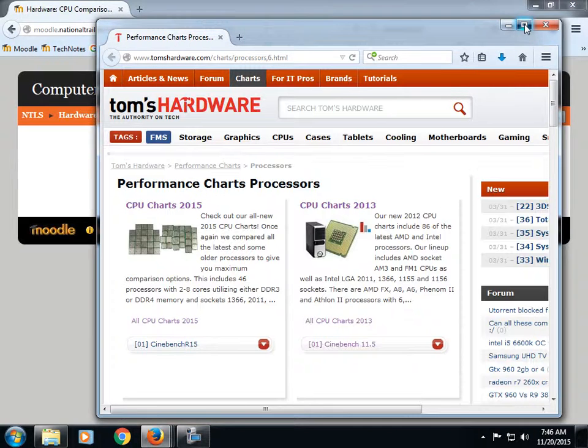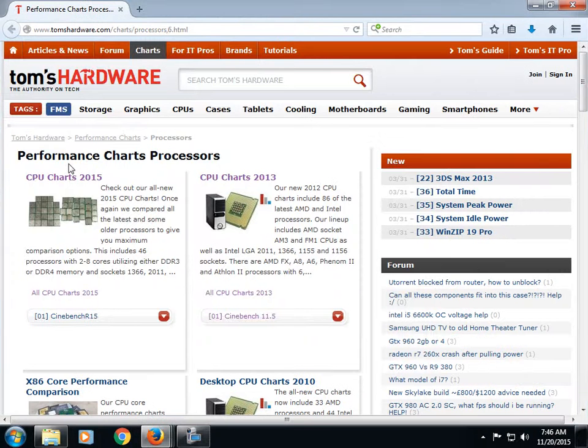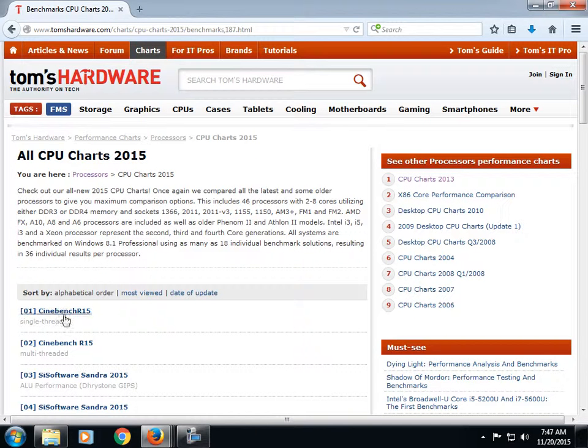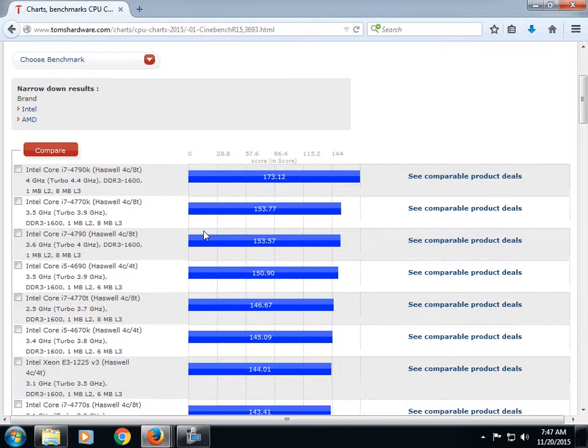Okay. So then you can go into the CPU charts for 2015, and you can go to the benchmark there, and then you can see what, based on their analysis, I should specifically say